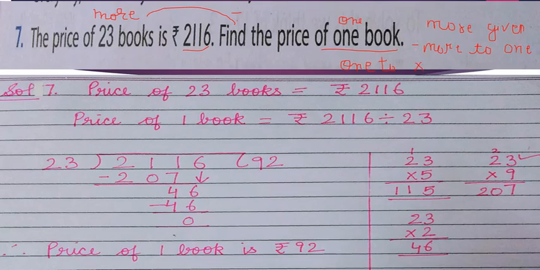Okay students, now simply write: price of 23 books this much, price of one book, big number divided by small number. Now this is division, let us explain it to you. Try to understand. We have 23, so we are going to use the table of 2, and our divisor is two digits. So first of all we will select 2 digits of the dividend also, but 21 is smaller than 23, so we cannot proceed. We will take one more digit, so that means we are ready with 211.